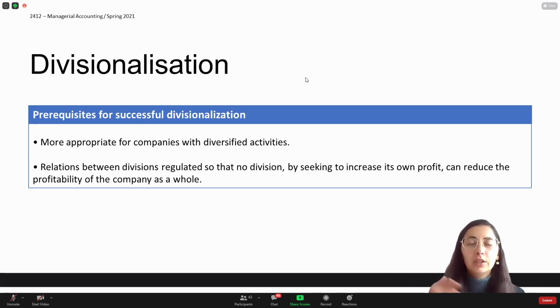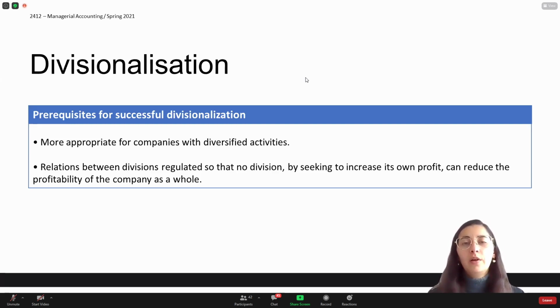it has divisions. In each country they have a division where they make decisions in terms of products, in terms of production, in terms of investment. But it's a huge organization, right? When you think about organizations that don't have that much diversified products and activities, and have a smaller scale, it might not make sense. And also, we need to make sure that in order to have a successful divisionalization,